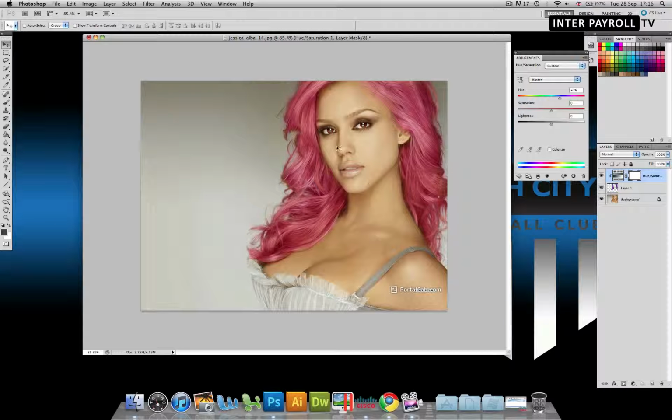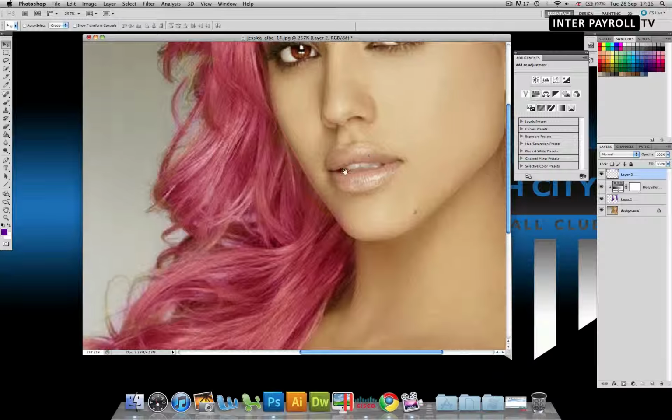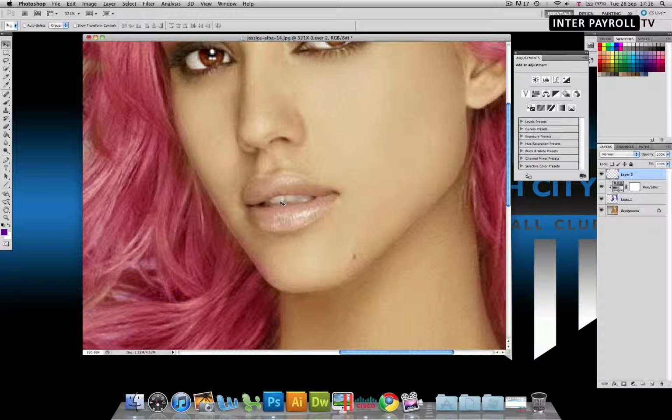Now, while we're here, I'll quickly show you how to also go ahead and change their lipstick, or apply lipstick if they don't have it. And again, you can do it to match the hair should you wish. I'm just going to keep my brush, the same brush, and I'm very quickly going to go over her lip. Now I'm doing this very quickly. You do want to take time here